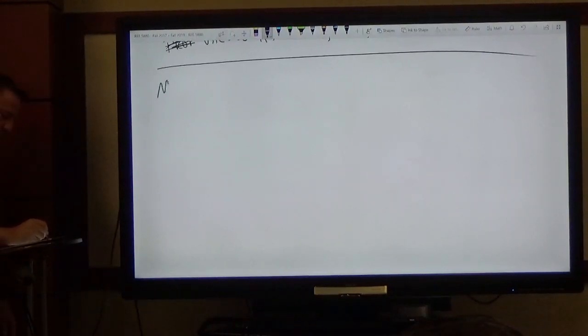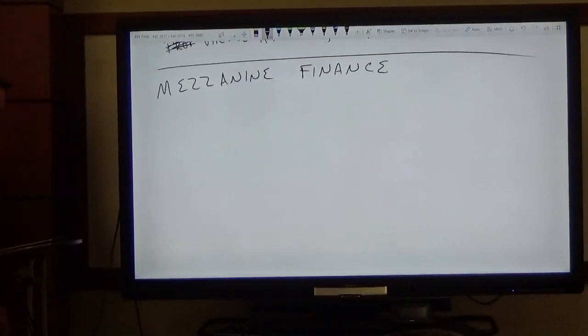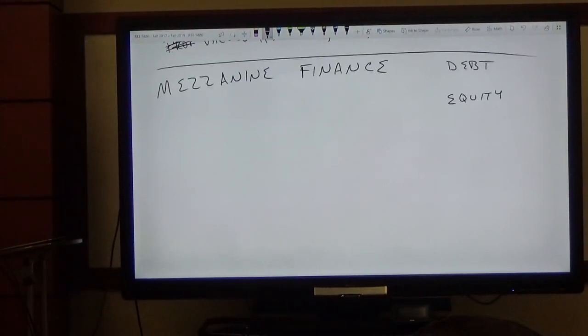Mezzanine finance. Okay, so what we've talked about is that our traditional forms of financing are going to be debt and equity. Debt being money we typically would say we're borrowing from a bank or a traditional financial institution. Equity being money that we and or our business partners put into the deal. Well, there's also this middle ground